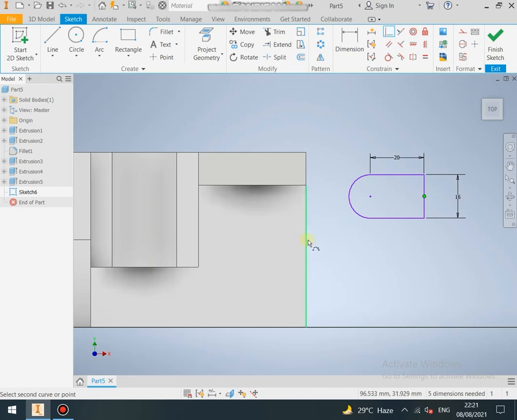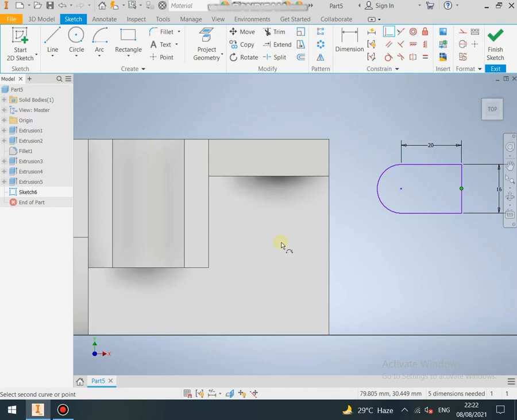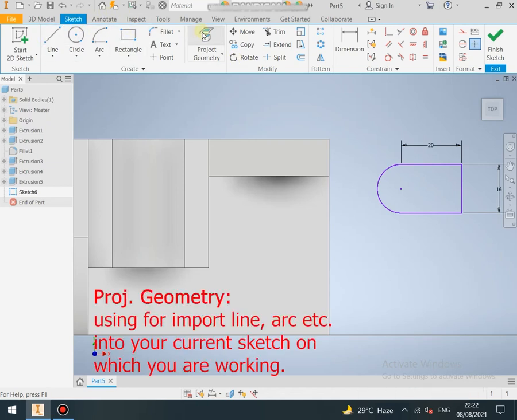I made the rectangle, and then made the circle and trimmed it. Some text is going to appear. Project geometry, you can pause the video and understand it.